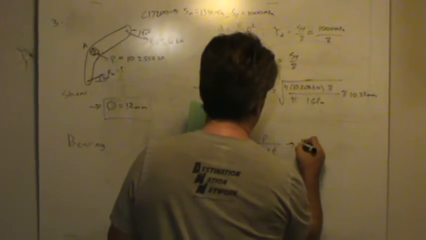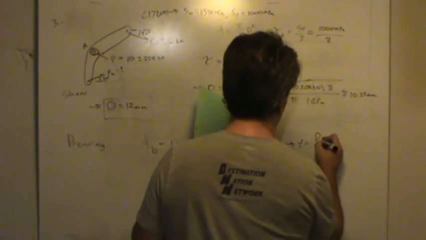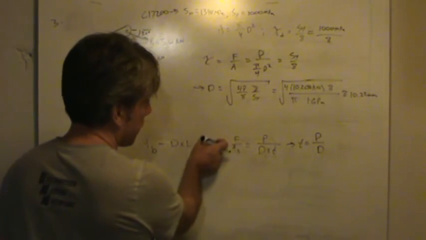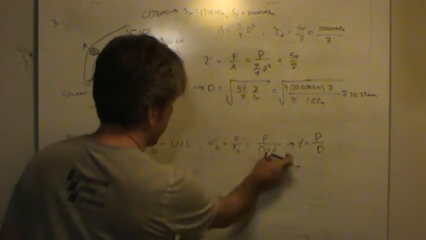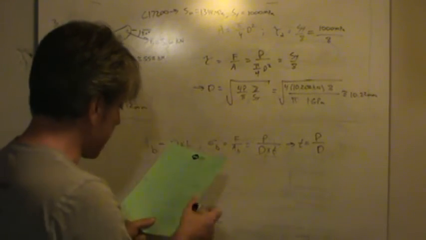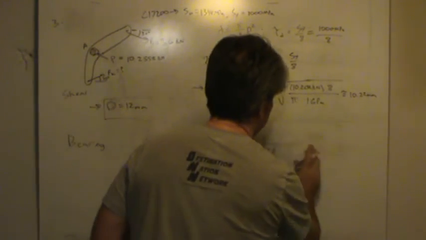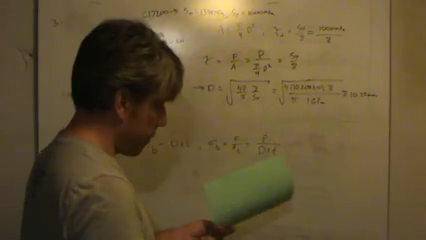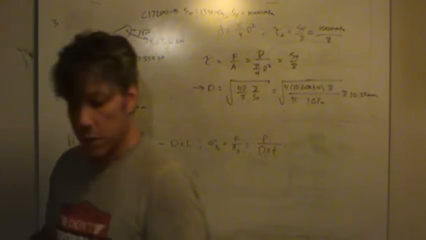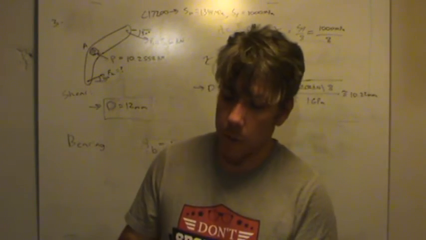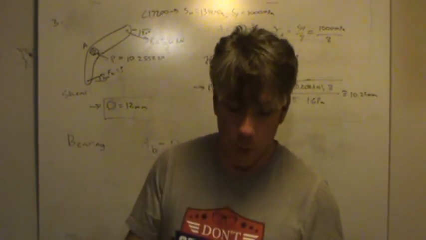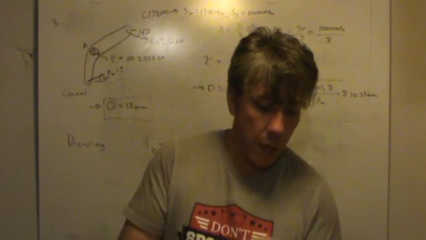And what that allows me to do is solve for the thickness. The thickness then is the load P divided by the diameter D. And what I'll need here in rearranging this is, let's see, I've got to move the stress down, but I'll need a design stress to work with here. So let's figure out what the design stress should be, and then actually I'll come back to this and solve it. Now, we've determined that the pin is a brittle material. There are some recommendations for brittle materials subjected to normal stress like this, because the normal stress is going to be stress at the surface that's normal to the surface. That's why it's called normal stress. Anyway,